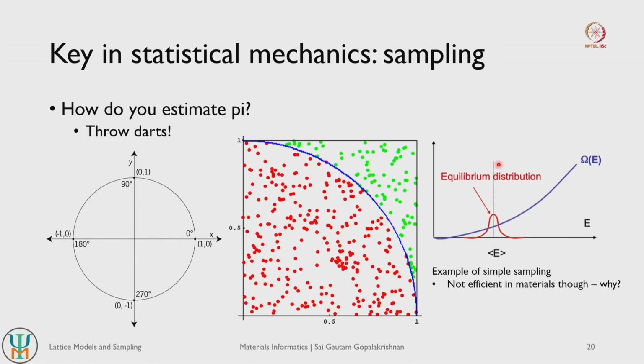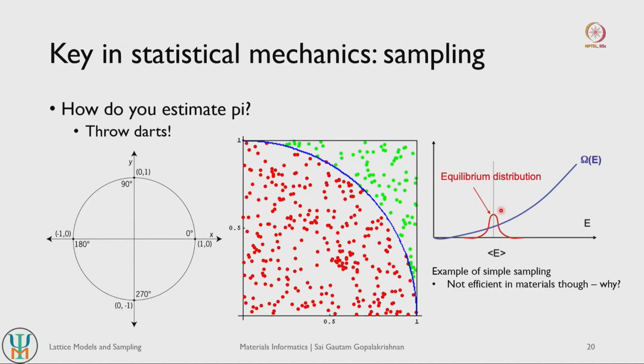So at a given temperature, let's say your equilibrium energy, or the average energy of the system, is given by this quantity here. You would see that your system mostly has a distribution of microstates in this narrow range, right. So this is how, at equilibrium, your system has a distribution of microstates. There is no point sampling microstates here because they do not contribute to your equilibrium or average values, and there is also no point sampling microstates here, right.